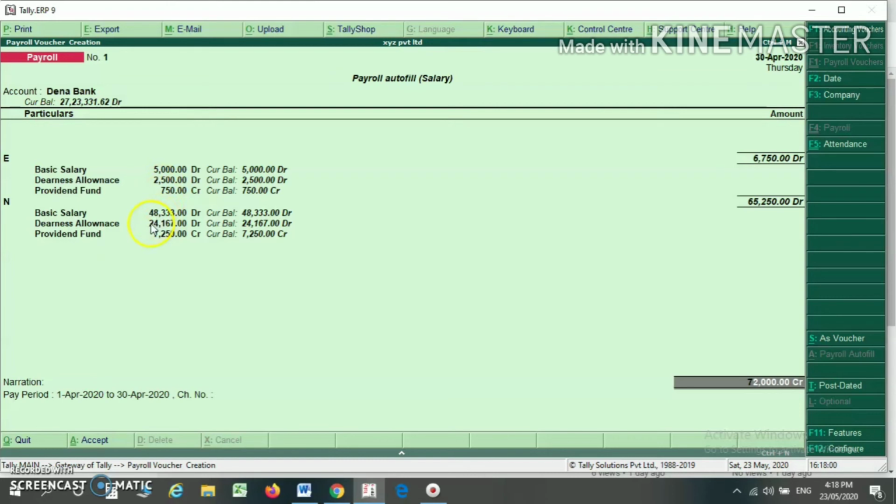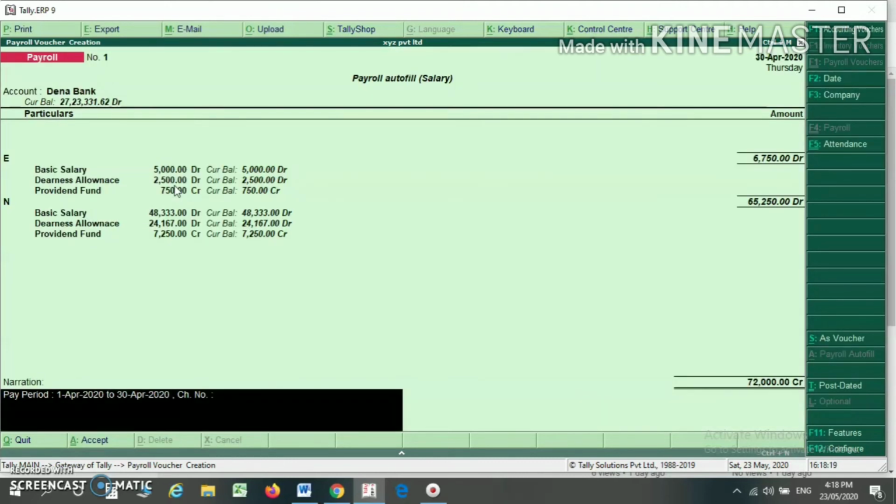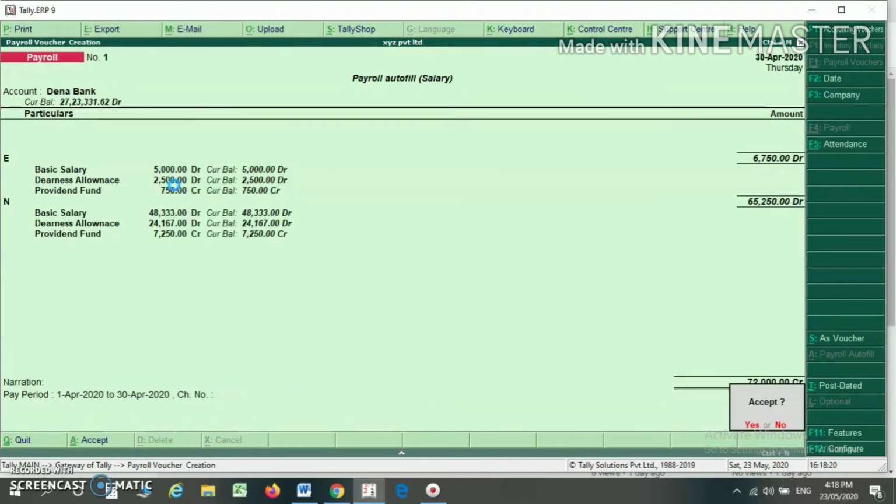You will also see that provident fund is automatically calculated as per the percentage given by us. You will also see that for this employee, because he is present only 15 days, his salary is reduced by 50%. So in this way you can make the entry for your payroll voucher.